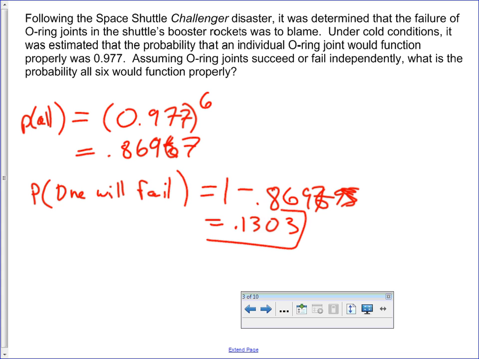Now that's not a huge chance, you know, a 13% chance, but remember what we're talking about is